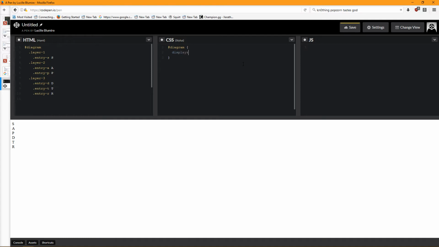We do diagram, flex direction. Cool. And then we do layer. These should just be called layer. This should be entry hash S, entry hash A, entry hash P. Okay. Display flex. Oh wait, I'm doing diagram. Display flex.